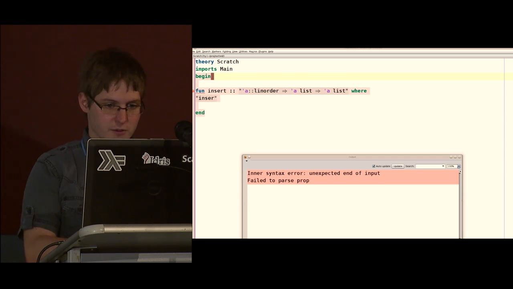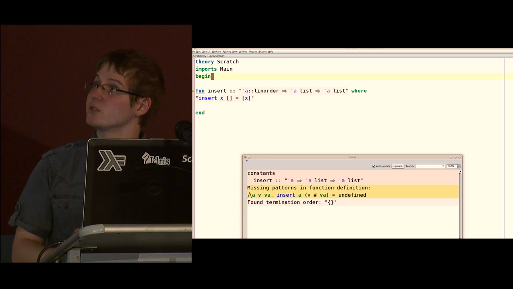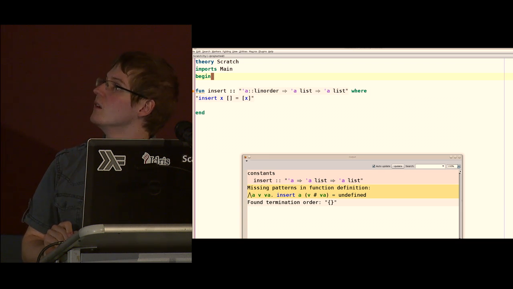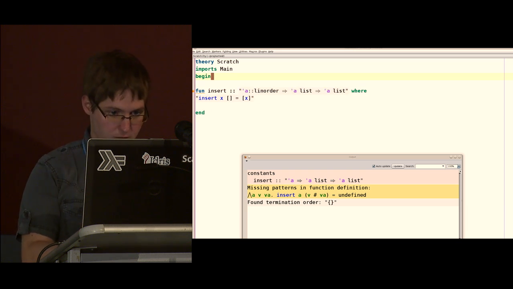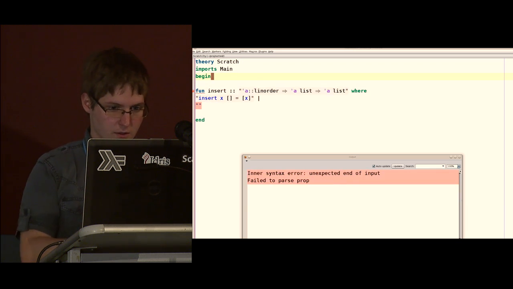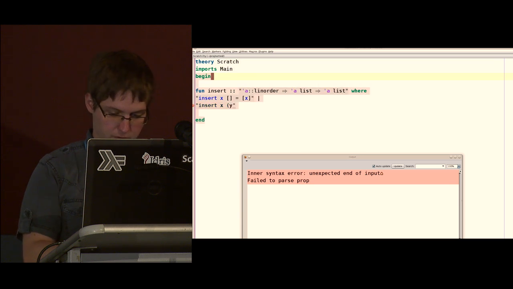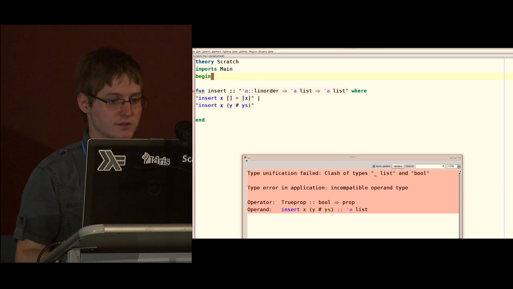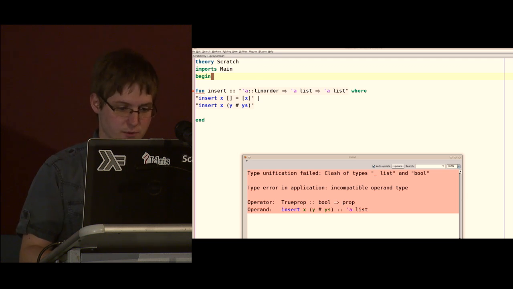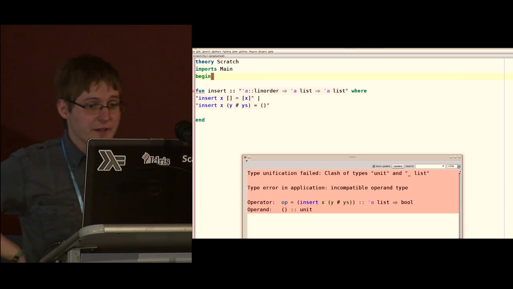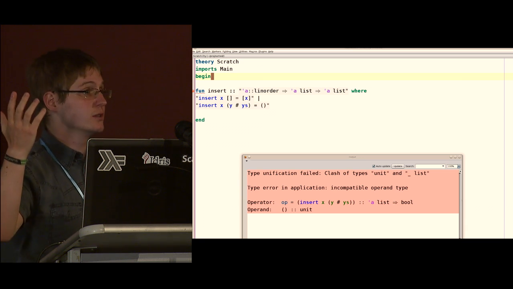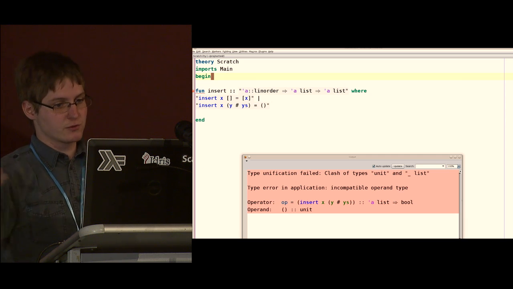So when we want to insert a value into the empty list, of course there's going to be the singleton list. Now the system is already telling me that there's a missing pattern, and it will helpfully complete it to undefined, but I can just fill that out. So let's say insert x if we have y # ys, where the hash is just the cons element, which you would write with a colon in other languages. Now we have to perform a case distinction, to check if x is at the correct position, so if we can insert it here, or if we have to continue traversing the list.